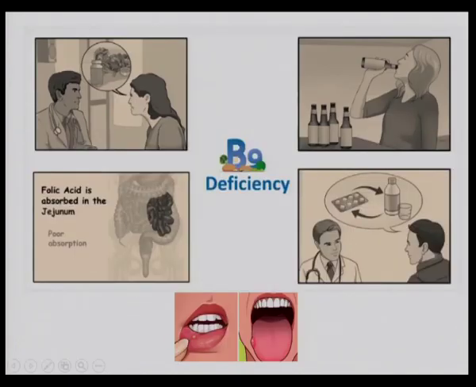Now we are going to look at vitamin folic acid deficiency. So as I mentioned here, folic acid deficiency can happen in a variety of ways. It could be people not taking sufficient dietary sources of folic acid, that can give rise to deficiency, or people might have a problem in the absorption of folic acid in the jejunum, or people might suffer from chronic alcoholism,